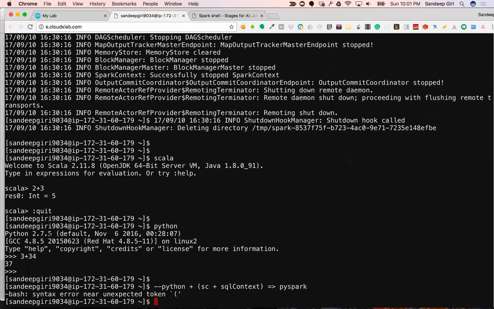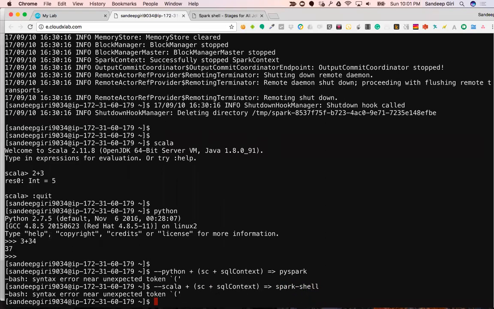Okay, and similarly, Scala plus SC plus SQL context is in the Spark shell. All right, so that's what it is. I'll just try to type something. That's all. Okay, so now the next thing which we would like to understand is,